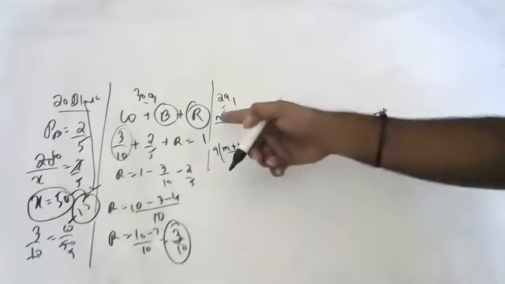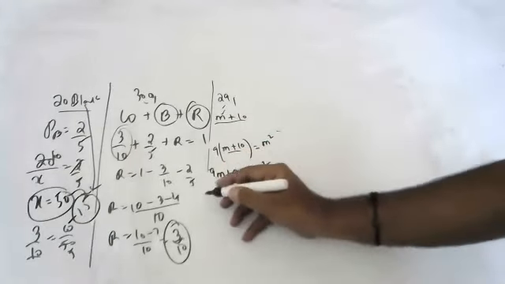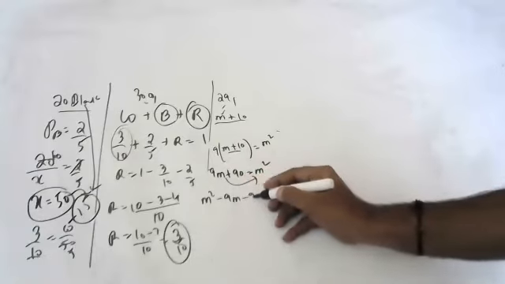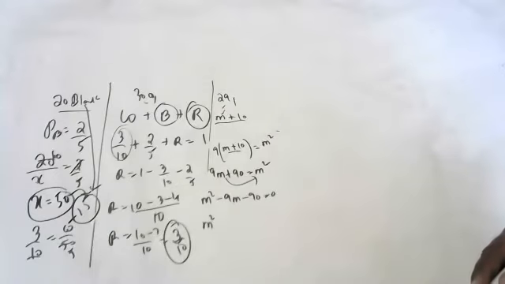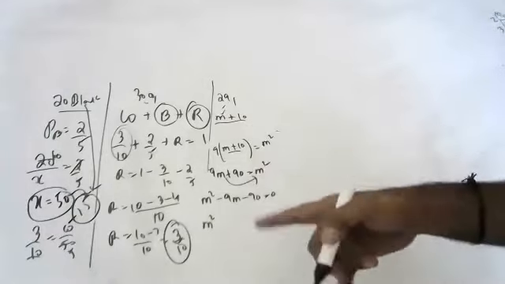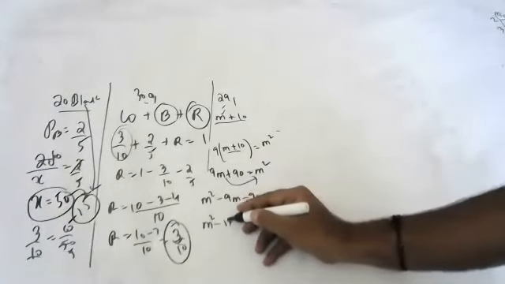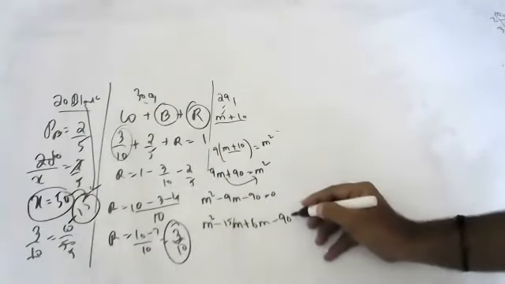Now you do, children, you'll get 9m plus 90 is equal to m square. Let us bring here: m square minus 9m minus 90 is equal to 0. 9 10s are 90 and 9. 90 and 9, any factors are there, children? At least 2 45s or 3 15s are. Sir, 15 and 6. Yes, sir. Okay, if it's not coming, then we'll take both sides 30 marks. If it's coming, no problem. 15 and 6, let's check, children. m square minus 15m plus 6m minus 90 is equal to 0.